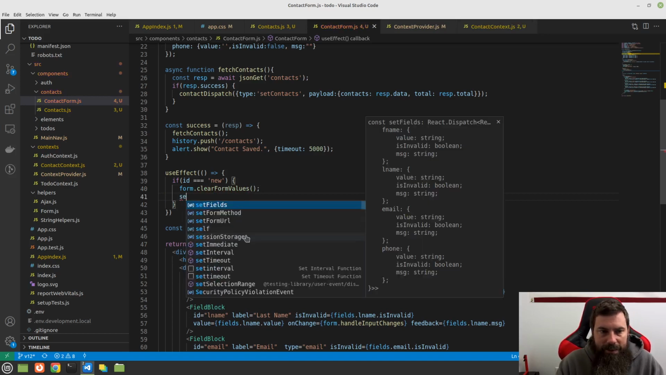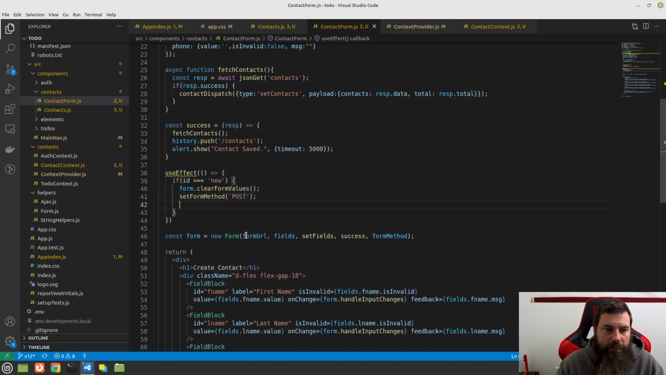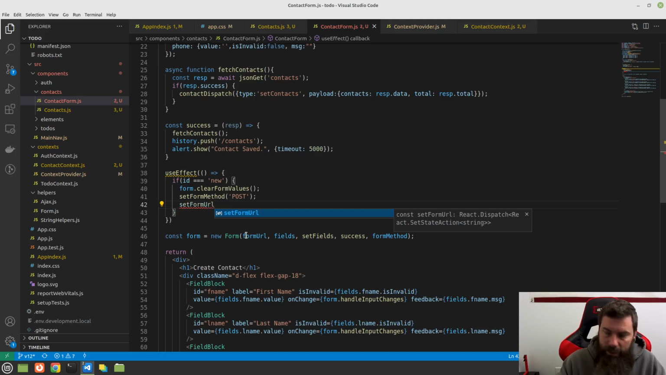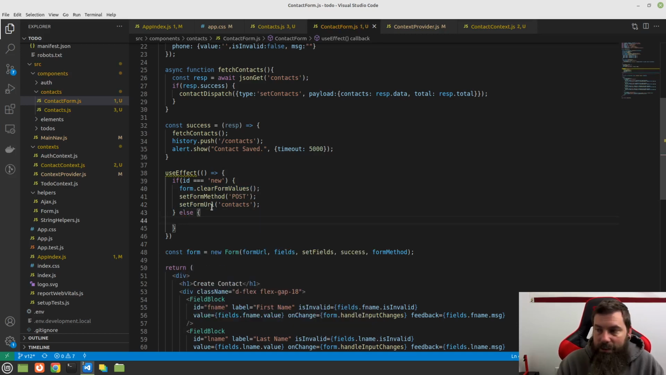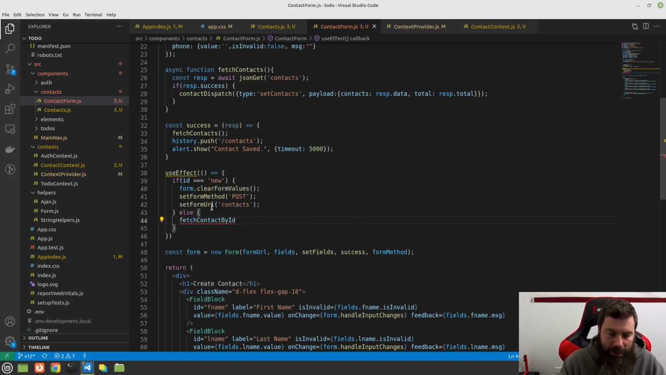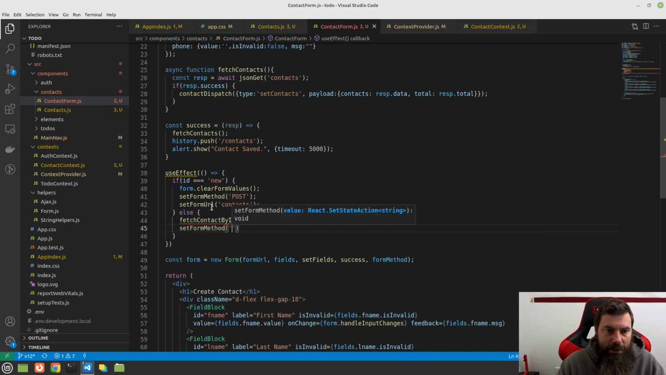The next thing that we want to do is we're going to set form method, and we're going to set that equal to post. All right. Next thing we're going to do is set our form URL, and we're going to set that equal to contacts. And that is, so that's basically the same that we already have it. But what we want to do is say, hey, if ID is not equal to new, then what we want to do is we want to say fetch contact by ID, which we haven't created yet, and we'll pass ID into that. Then we're going to set form method equal to patch,